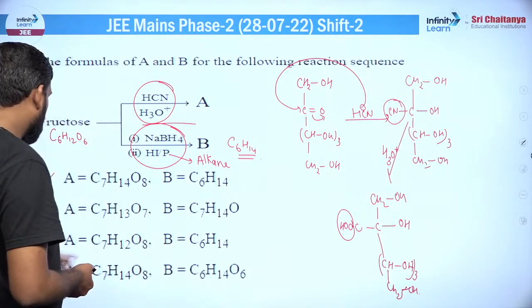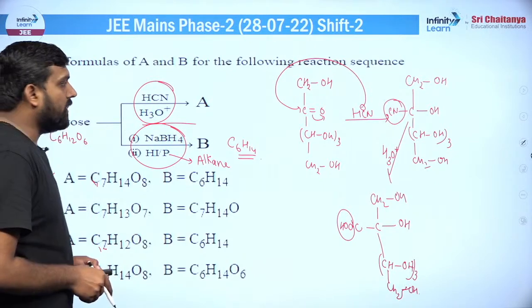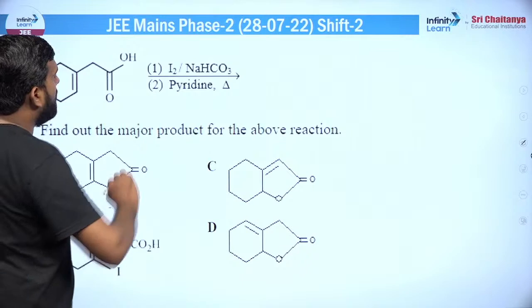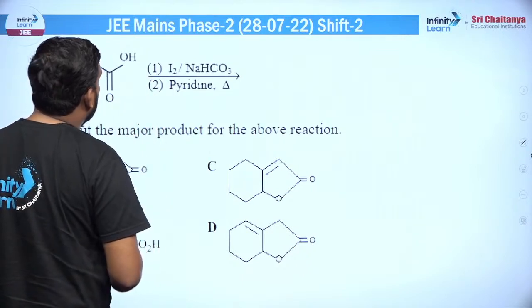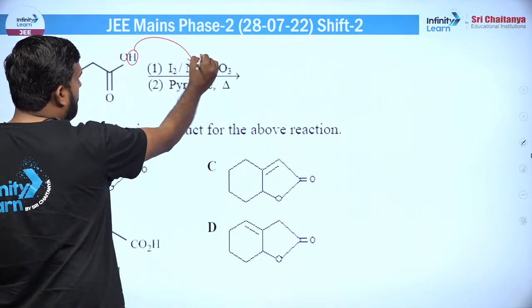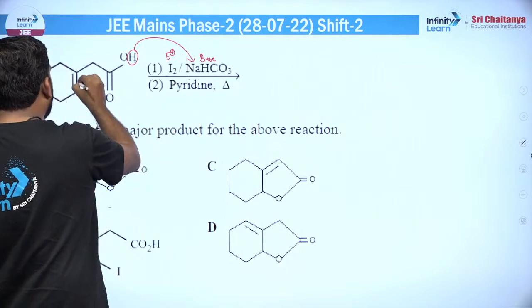ठीक है। देख लेना इसमें या इसमें से कोई एक मैच करेगा। फॉर्मूला तो अब लिख ही दिया यार, अब उसमें कैलकुलेट ही करना है। चलो गोइंग टू द नेक्स्ट क्वेश्चन। यहाँ पर एक सवाल है जिसमें I2 है और NaSCO3 है। तो ये हमारा एसिडिक है तो इससे तो रिएक्ट कर लेगा बेस से, क्योंकि ये बेस है। और ये हमारा इलेक्ट्रोफाइल है और ये हमारा न्यूक्लियोफाइल है, तो यहाँ पर